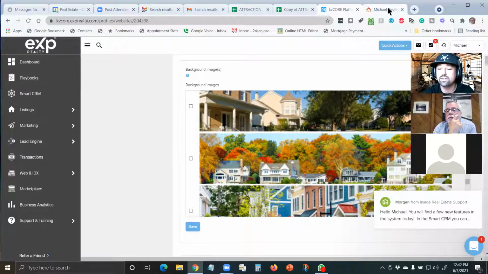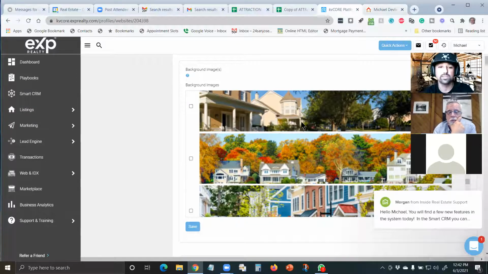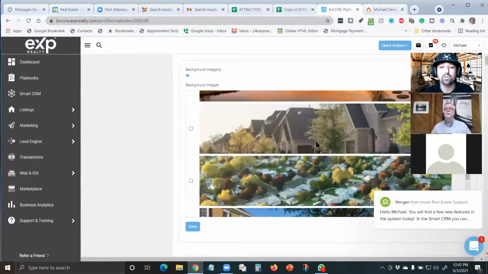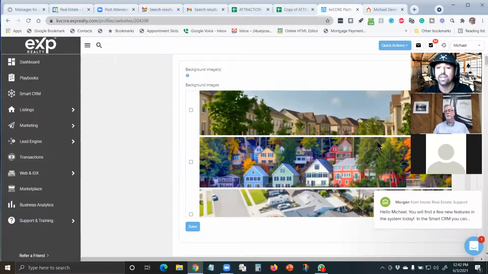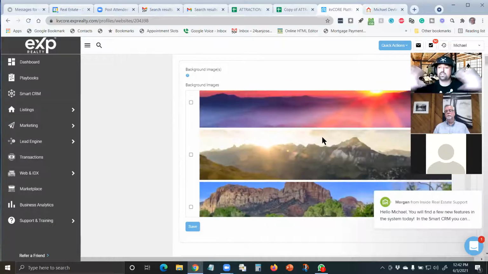And you'll notice that if you have multiples, every time you refresh the page, it is going to automatically refresh and show a different image each time that the end user goes to your website. So just make sure that when you do upload your own personalized photo or background image, that it is the correct pixel ratio. These are known as landscape photos, so they're very long and short, but that's what works for